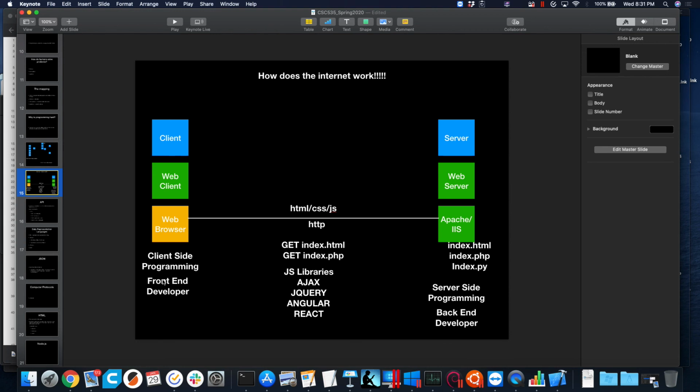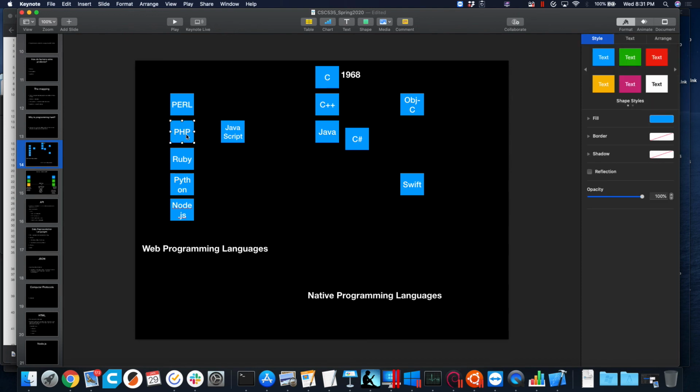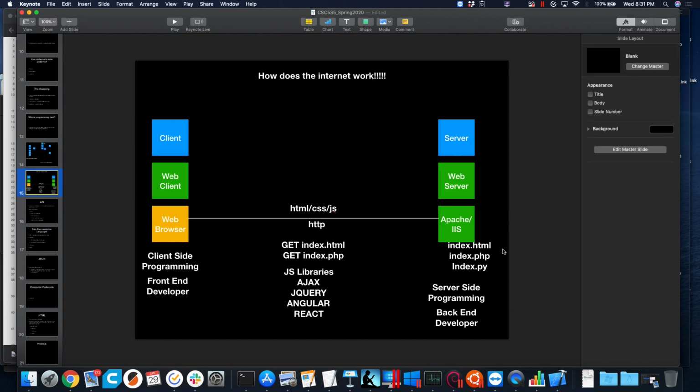So we talked about client-side, front-end developer stuff here. We talked about server-side, back-end developer stuff here. Our server-side languages that I've talked about here are PHP, Ruby, Python. These are common ones you maybe have heard of. There's 1,000 other server-side languages, but PHP, Ruby on Rails, Python, these are pretty common. So if you're a server-side programmer, you're comfortable in those languages. If you're a front-end developer, a client-side programmer, you're working primarily with HTML, CSS, and JavaScript.